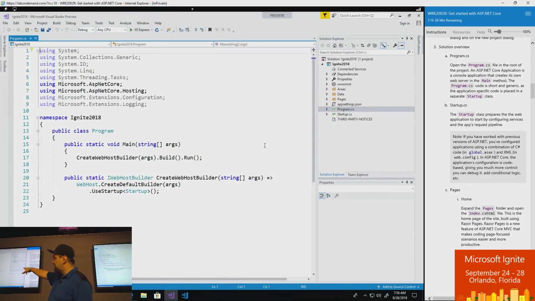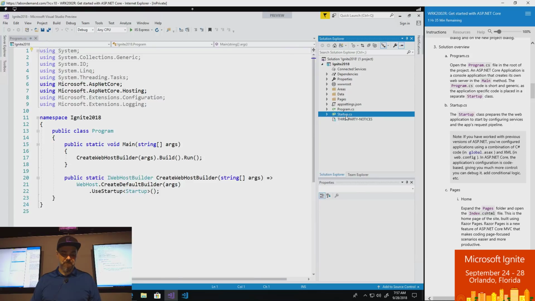The create web host builder method here creates the default builder, which sets up a bunch of sensible standards around cookie ownership and the way that your web server is going to run. You can actually go into the source code of this if you want to learn more about exactly what's configured as part of that. And then we're going to say use startup, right? What's the class that we're going to use to actually configure our web server and pass over how our application will run inside of the web server? And all of that information is inside the startup class, which is sitting